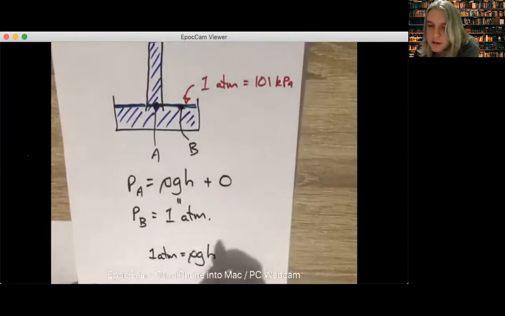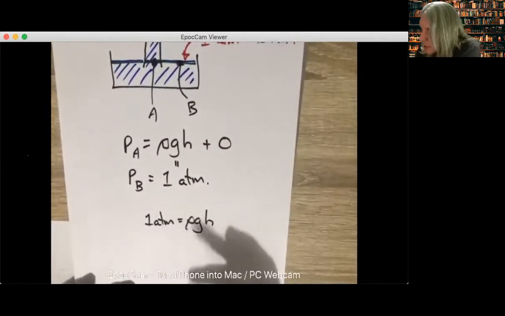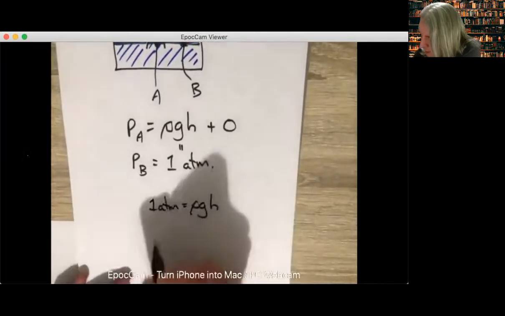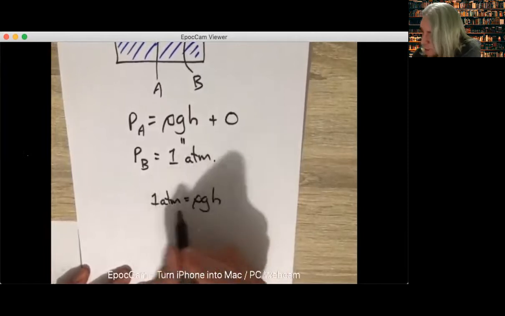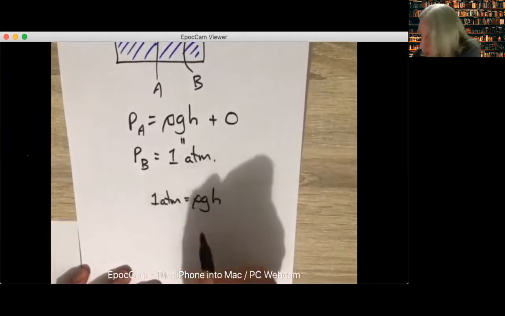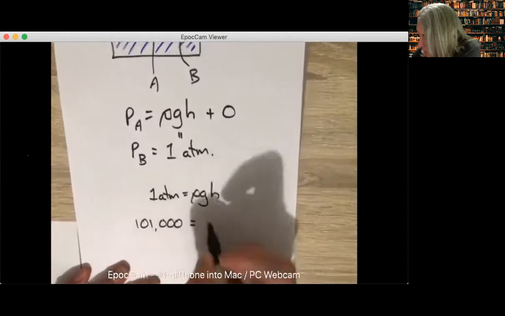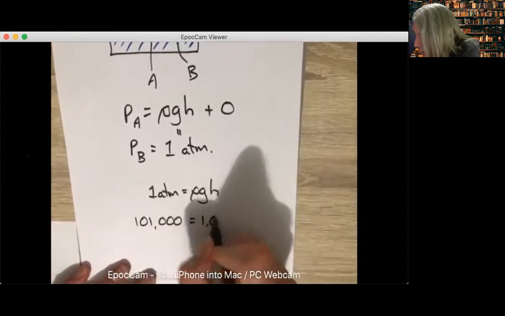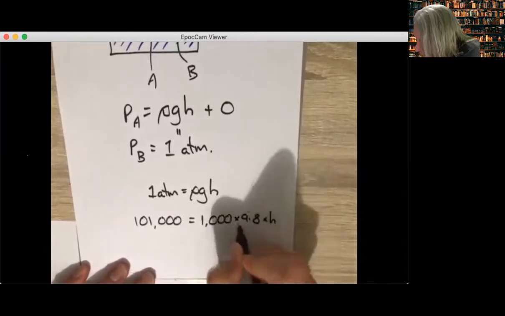Now, we wouldn't actually know how tall h needs to be unless we know the actual atmospheric pressure, but we know that it's usually around 101 kilopascals. So the question is, how tall does h need to get in order to match that 1 atmosphere? So if we have 101,000 equals, for water, remember we've got density of 1,000 times 9.8 times h,